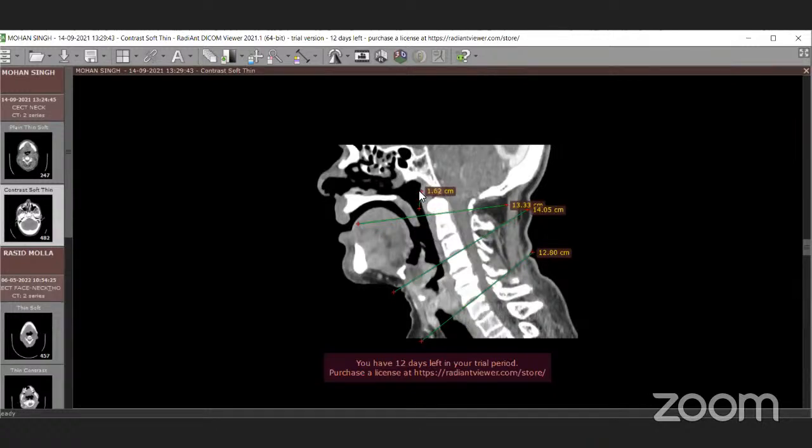Anything above the level of C1 is the nasopharynx. From the inferior border of C1 to the inferior border of C3 is the oropharynx. And from the inferior border of C3 to the inferior border of C6 is the hypopharynx. This is a relatively simplistic way of dividing the pharynx, and depending on the anatomy, the acquisition technique, or however the patient is positioned, there might be a bit of variation between the zones that we are talking about.